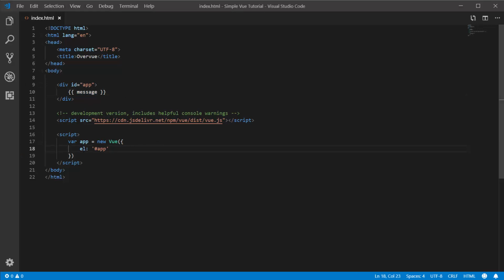Now, right now, this is obviously not defined, but in order for us to add this, we need to come down to this Vue object that we're initializing here, and we're going to add a data property. The data property is going to be an object itself, and within here, we can start naming the different variables that we want our application to work with. So I'm going to define the message variable, and I'm just going to call it the string that says hello world. If I save that,